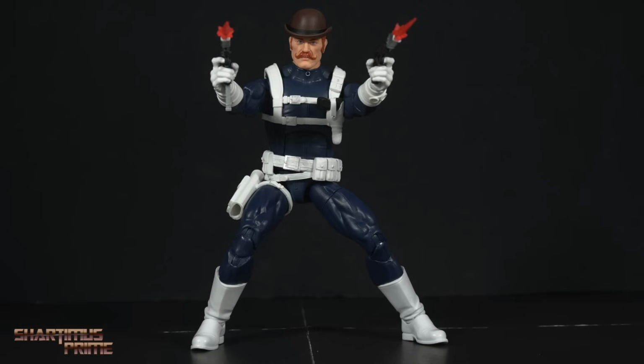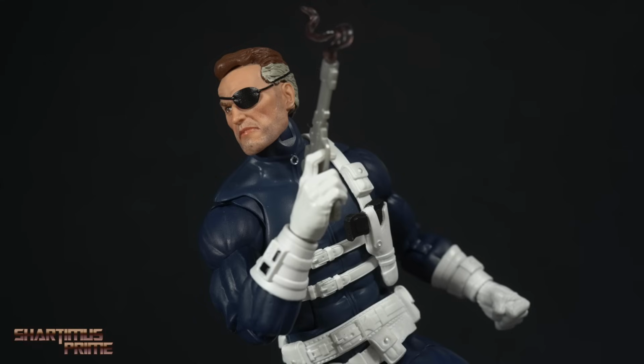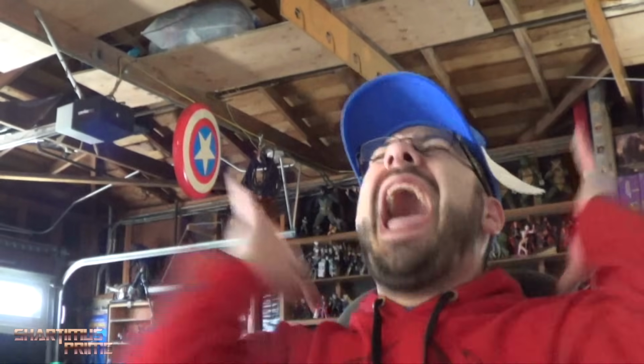At the price point of $75, that feels like a lot. You're looking at $25 a figure over here, which, seeing that each of them come with all the accessories that I want them to come with, it doesn't bother me to pay $25 for each of these. So at that price point, $75, I'm gonna give this 3-pack a SUD rating of...